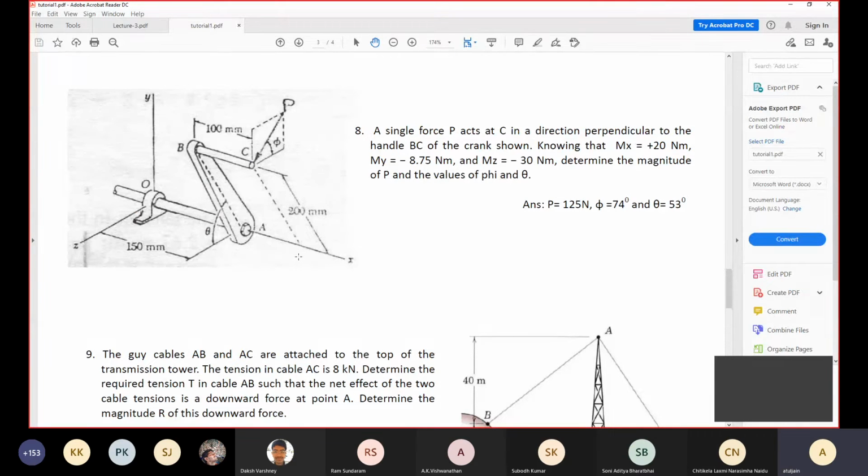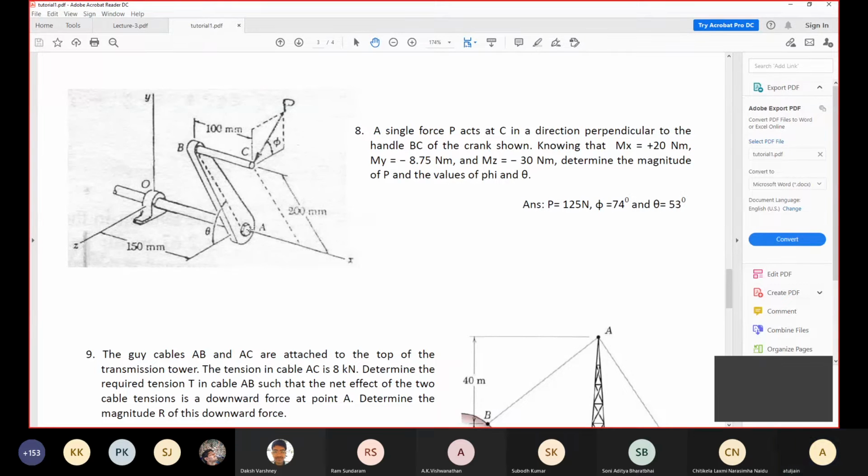One minute. Good. So a single force P is acting in a direction perpendicular to BC, knowing that Mx is 20, My is this, Mz is this. Find out the value of P, phi and theta. So we have to find out the moment about point A, which has three components, Mx, My, Mz, that is given, and there are three unknowns, P, phi and theta, three unknowns, three equations, you should be able to solve